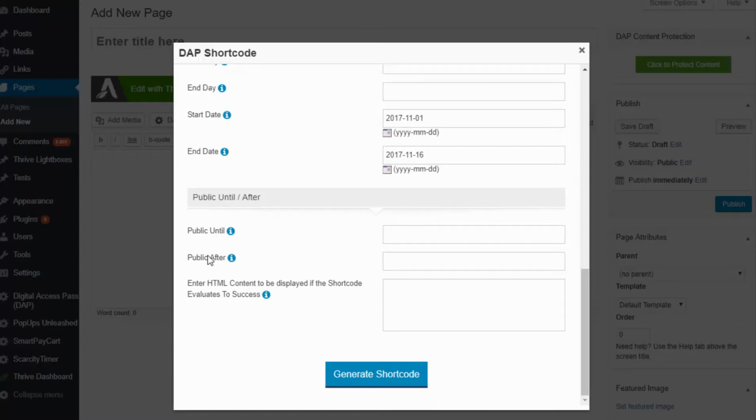It has a couple more interesting features: public until and public after. What this means is if you have a specific piece of content, it's premium content, however you want it to be public until a certain time frame, and then you want it to automatically become protected, and you want the shortcode rules to be applied after that specified date, then you can do that. Enter the date here, and this content will be public until that date, and after that date, whatever shortcode parameters you have selected above, it will be applied and the content will get protected. Same thing with public